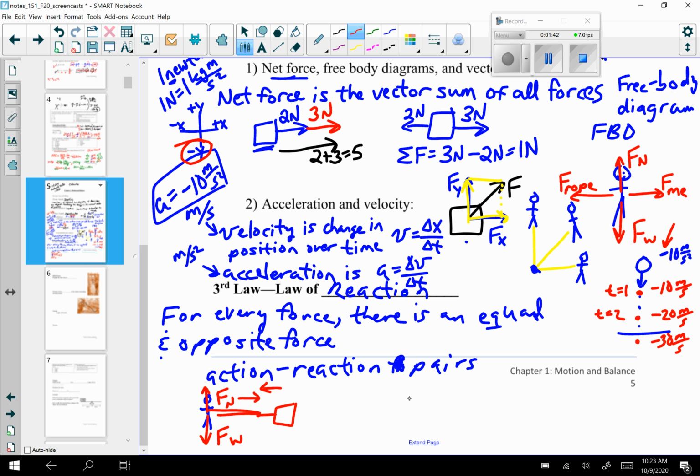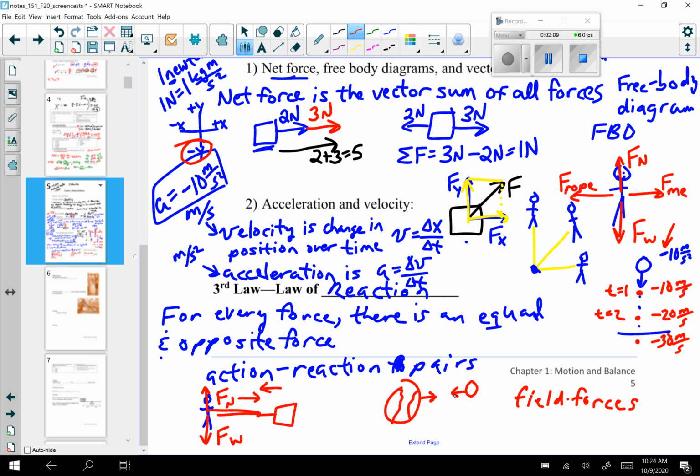And then also I can have these action-reaction pairs without touching. A good example is the Earth and the Moon, or really any force that acts over a distance. We call these field forces. We'll get into these a little later, but field forces are forces that act over a distance. So here, the Earth pulls on the Moon with a certain force, and then the Moon pulls back with an